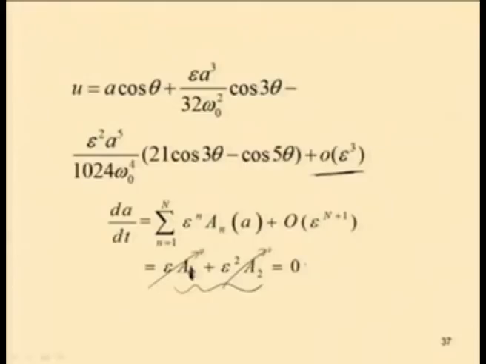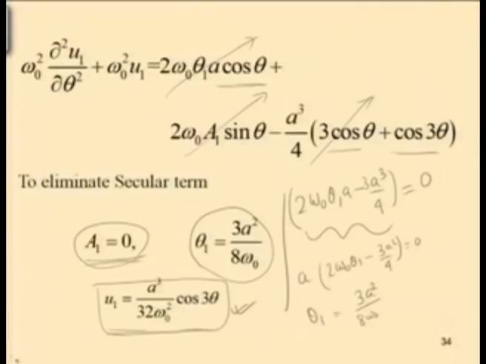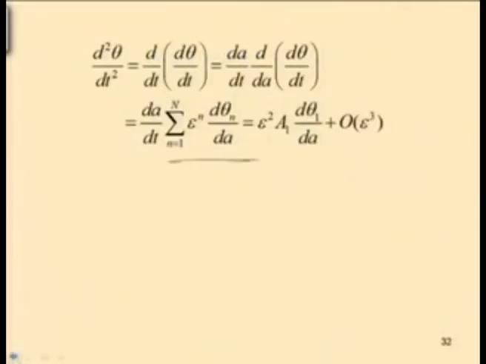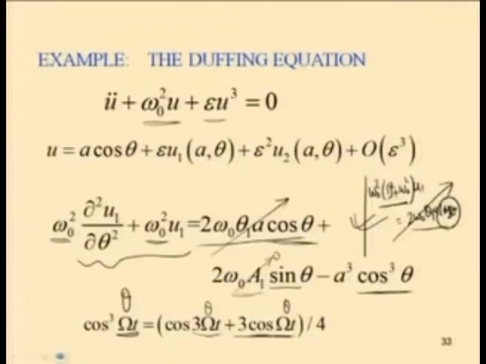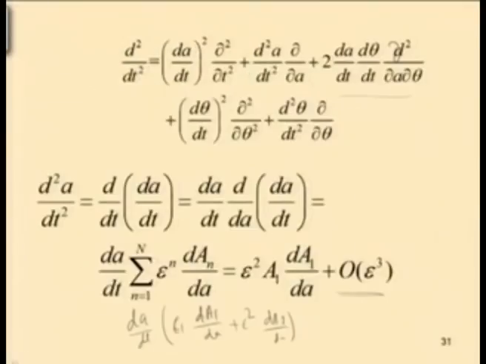As dA by dt equals 0, by integrating, one can get that a will be a constant. So, one can write a equal to a 0. So, this is a constant. In this equation u equal to a cos theta, here we obtain a to be a constant. Similarly, now for theta, we know the d theta by dt expression. So, we can write d theta by dt